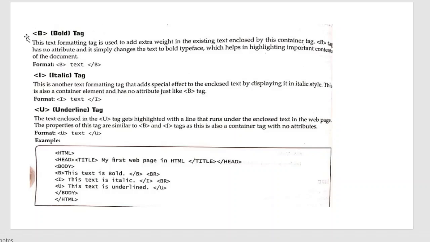The most important part is B, I, U. These three tags have no attribute, and they simply change the text to bold typeface, which helps in highlighting important contents of the document. For example, B, then write down the text or content, and then you can close the B tag. So we do the practical in the next video, and thank you everyone.